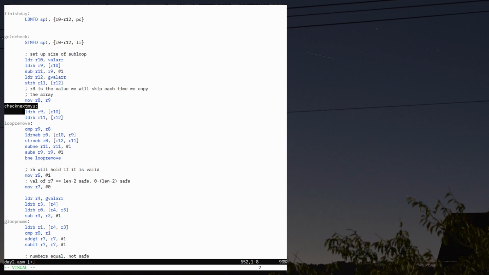This will be a loop. We load in the lengths of val array and the length of gval array. And we have this loop here, for loop remove, which will actually do the copying. So compare R9 to R8. If they are not equal, then we load the value from